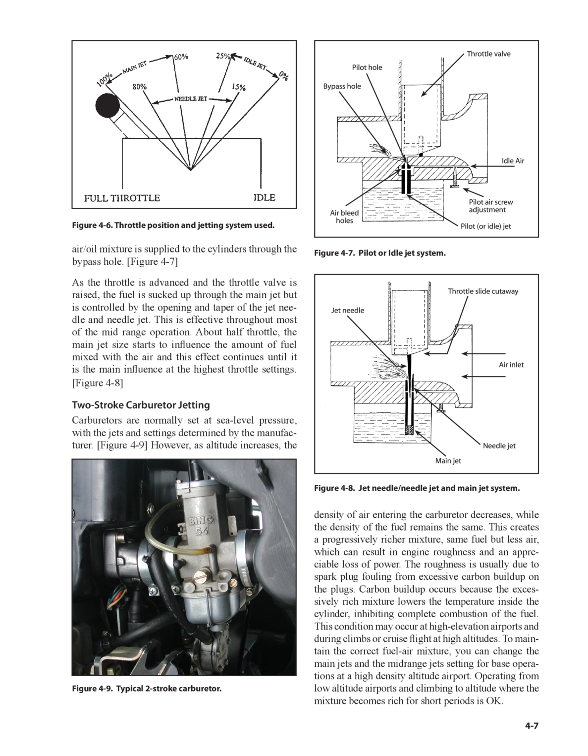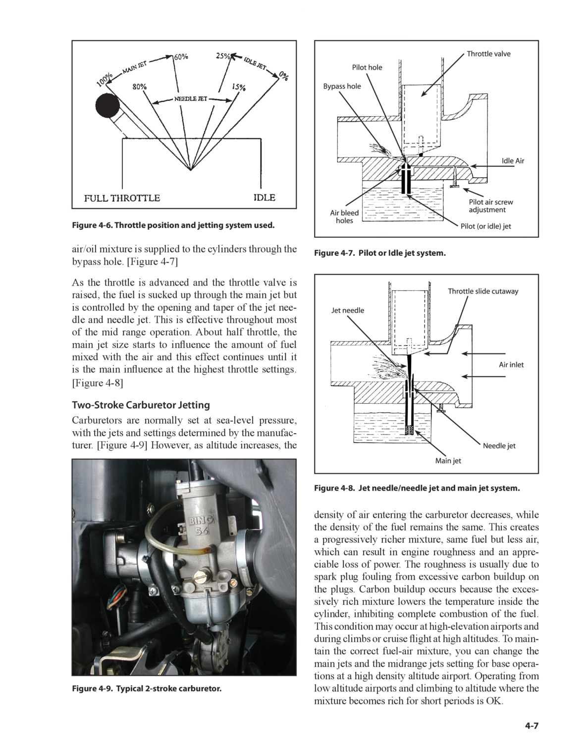About half throttle, the main jet size starts to influence the amount of fuel mixed with the air, and this effect continues until it is the main influence at the highest throttle settings. Figure 4.8, 2-stroke carburetor. Jetting carburetors are normally set at sea level pressure, with the jets and settings determined by the manufacturer. Figure 4.9, however, as altitude increases, the density of air entering the carburetor decreases, while the density of